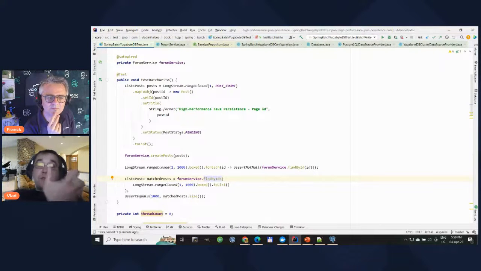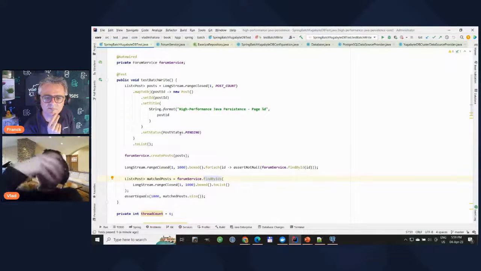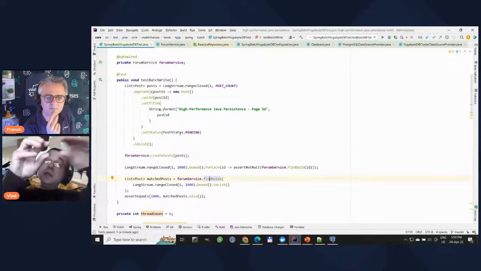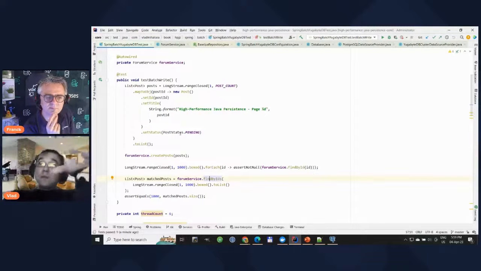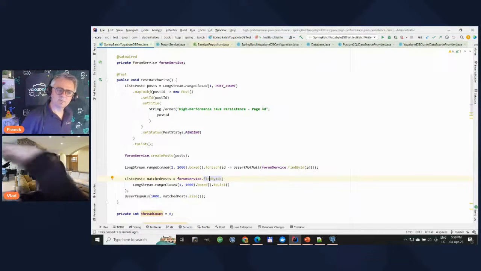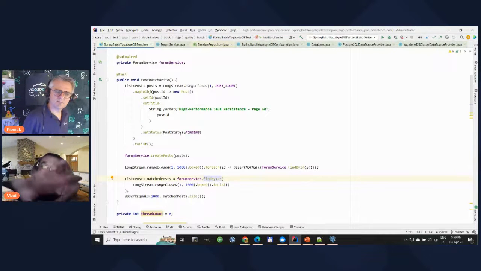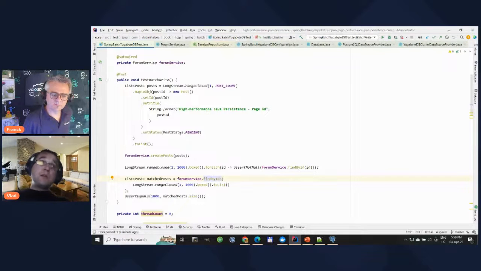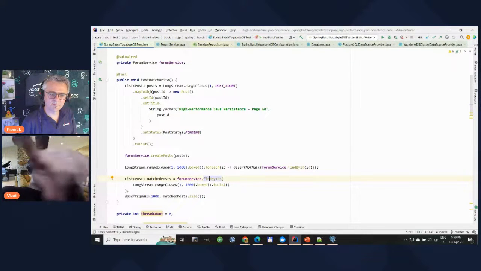Basically, this one was also trying to find all those, and it was distributing this load. Why was it distributing the load? Because across this cluster of nodes, some of the nodes are going to be the primary for some entries, while others are going to be the primary for other entries. So data is going to be distributed. When you want to access it, YugabyteDB will figure out which node, the tablet server, is responsible,